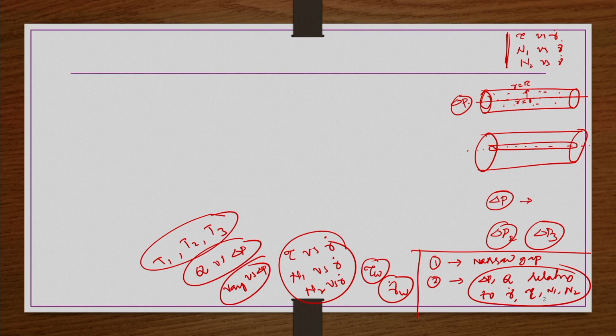These are the two things one has to keep in mind before starting the details of the so-called rheometry of non-Newtonian fluids. Of course, if the fluid is Newtonian, then the process is exactly the same. The only thing is that for a Newtonian fluid, the shear stress versus shear rate curve would be a straight line passing through the origin with a constant slope, the viscosity mu. Otherwise the process is the same. So now we will be discussing rheometry for non-Newtonian fluids.